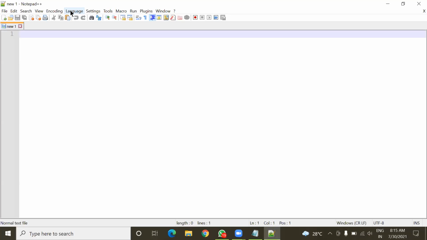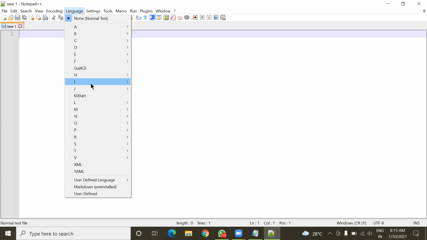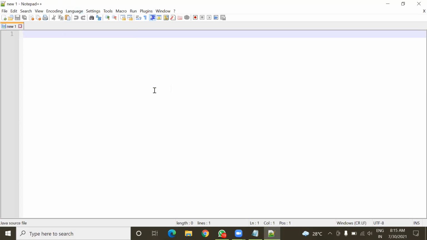Here in the Language tab, I am going to set it for Java programming. Now here I have this workspace where I can type instructions of my Java program.